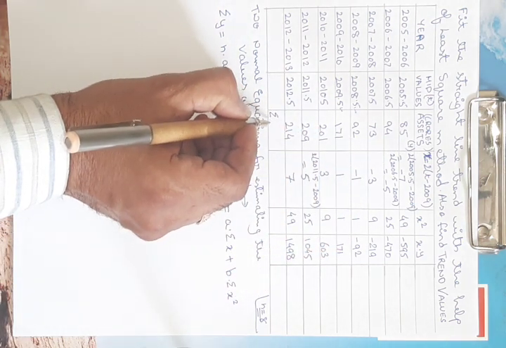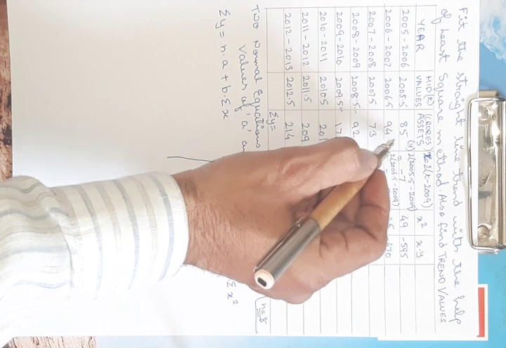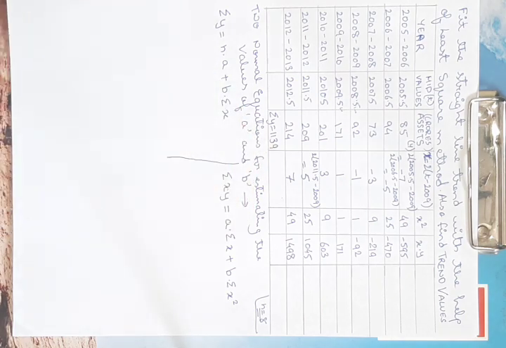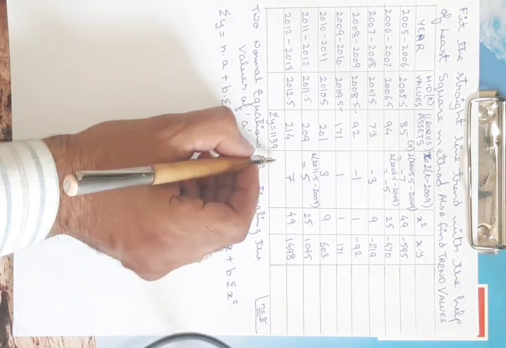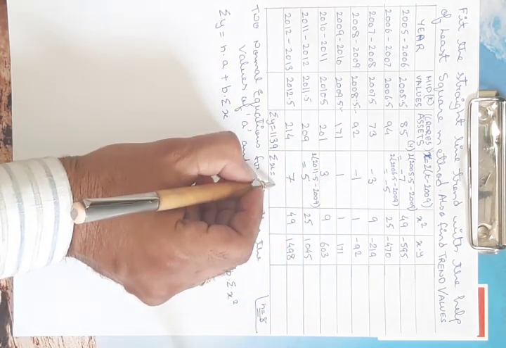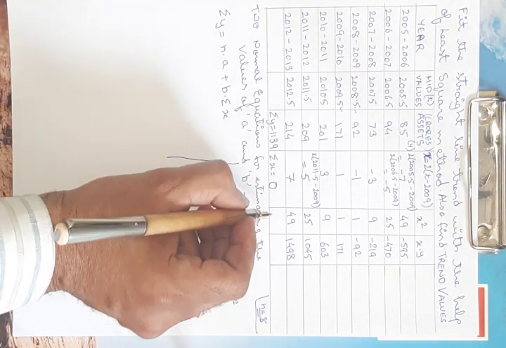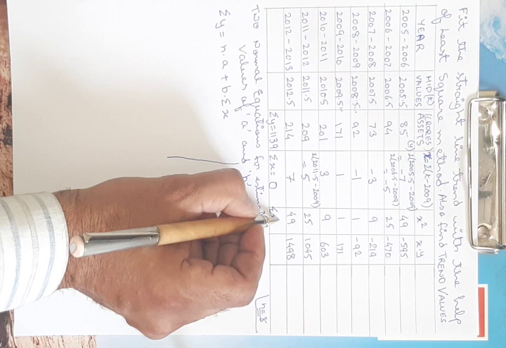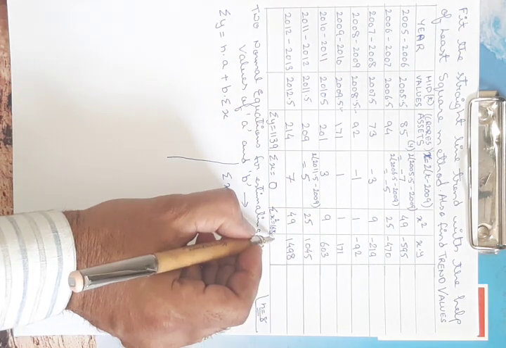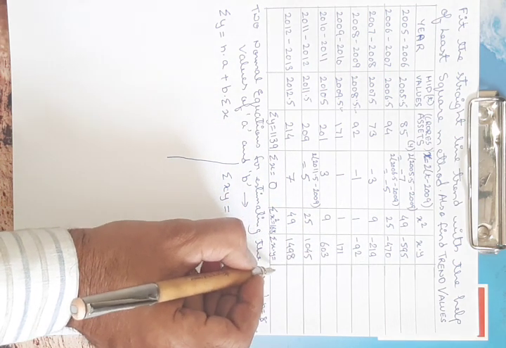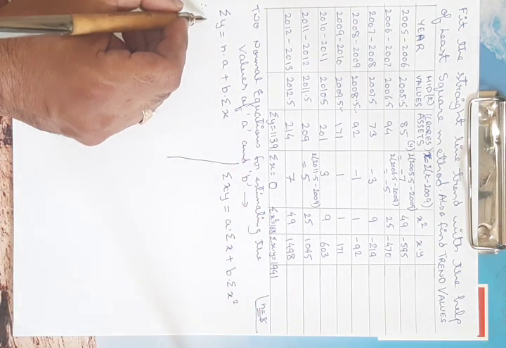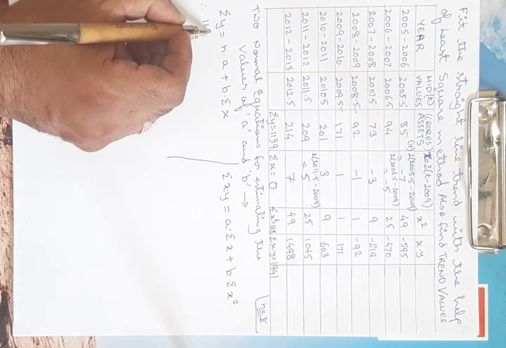For example, summation of y. We will add all those values, and we will get the total as 1139. Similarly, we need to get the value of summation of x also. Summation of x, this is 7 plus 5 3 4, this is going to be 0. Next, we need to calculate summation of x square, that means the total of these particular values, this comes out to be 168. And finally, we need the value of summation of x into y, this value comes out to be 1941.